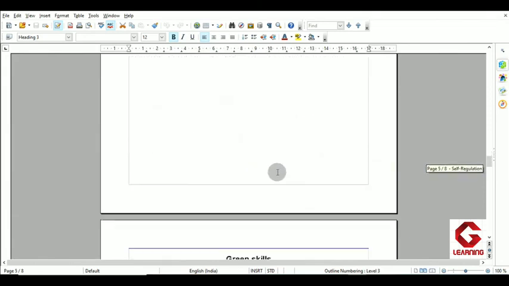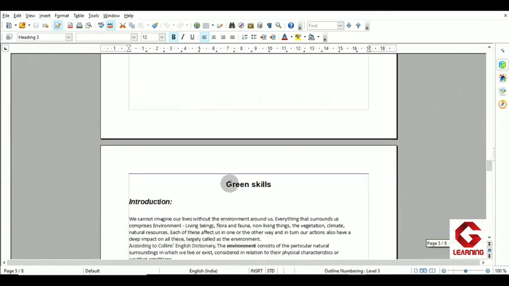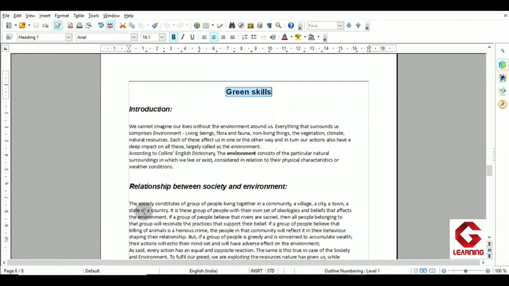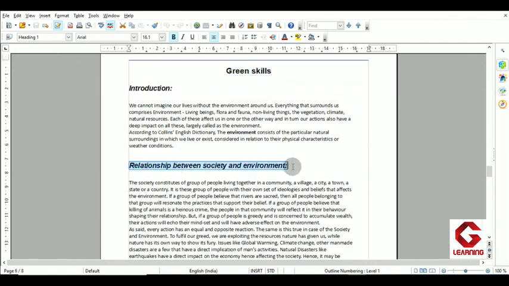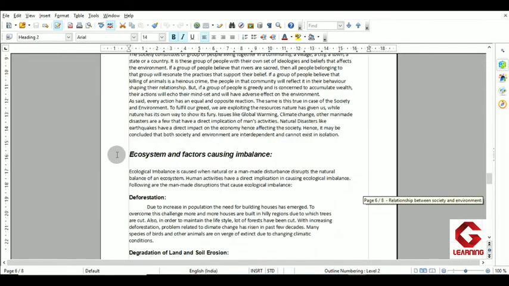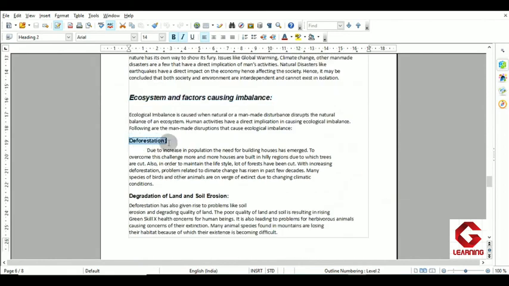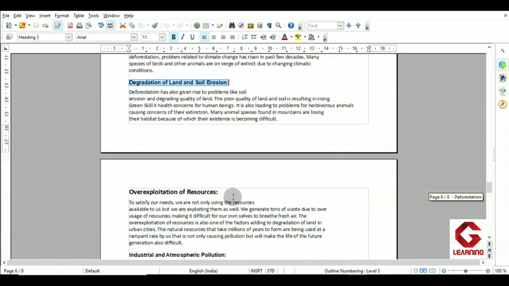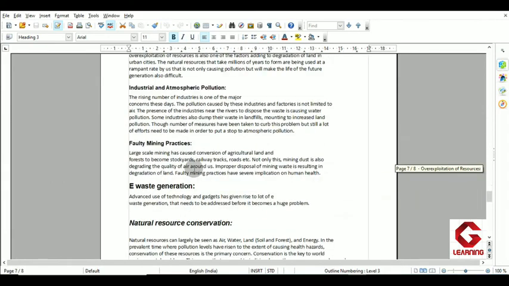After the self-management skills chapter we have one more chapter, and that is green skills. In green skills also we have topics such as relationship between society and environment, ecosystem and factors causing imbalance, and in these points deforestation is one, degradation of land and soil erosion is another, and some more points in the same topic.